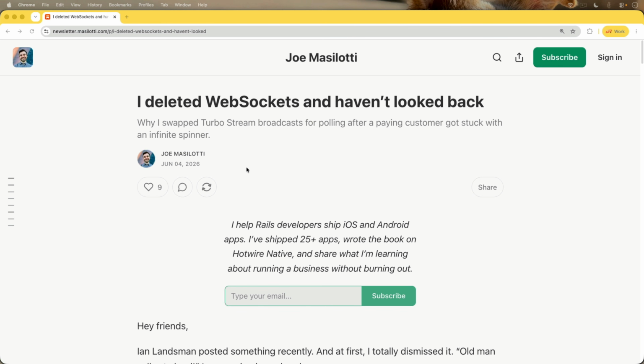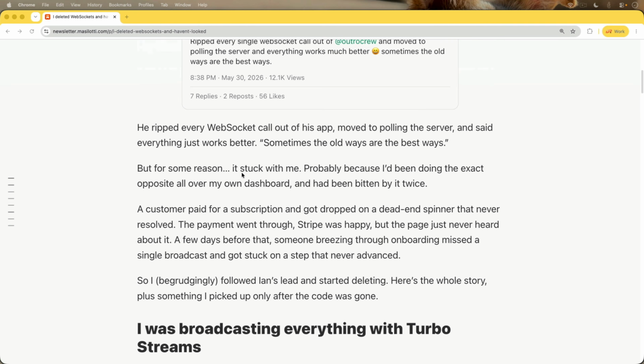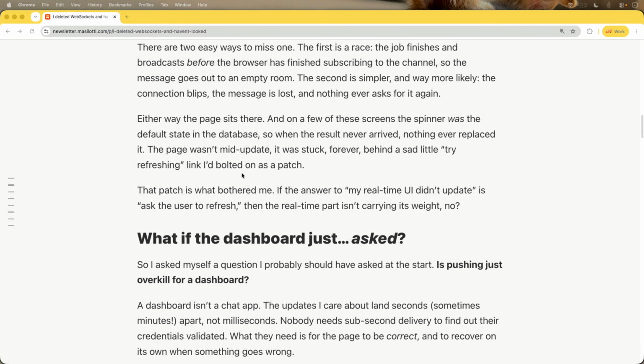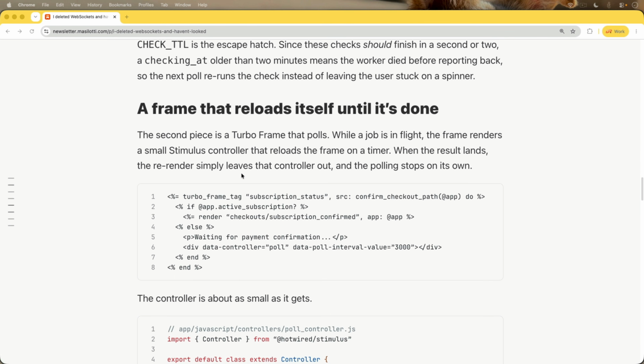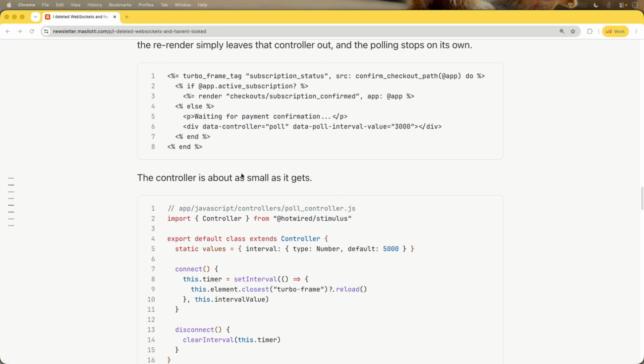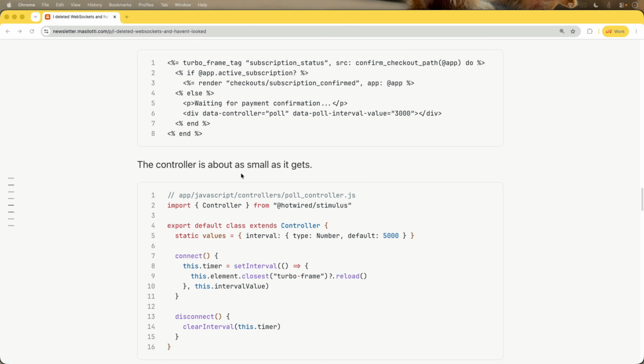I'm still a big fan of WebSockets, but there are certain situations where you may want to reach for polling instead. It is going to be a case-by-case situation, and in general, the broadcasts that we get with Turbo are really good and stable. But sometimes if we are working with mission-critical data, then you may want to reach for polling instead, because that's always going to be more accurate as the source of truth is constantly being fetched and refreshed from the